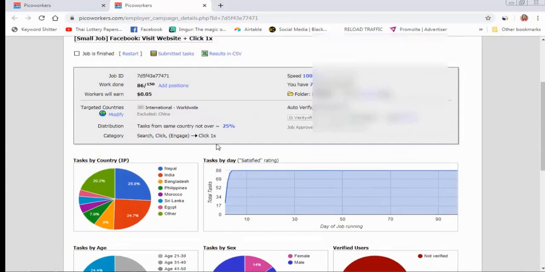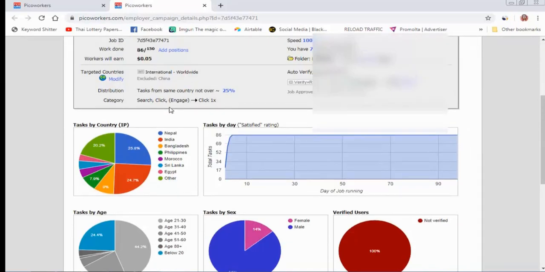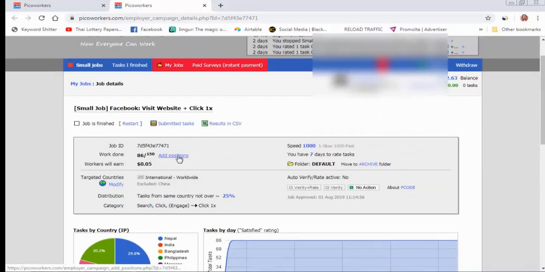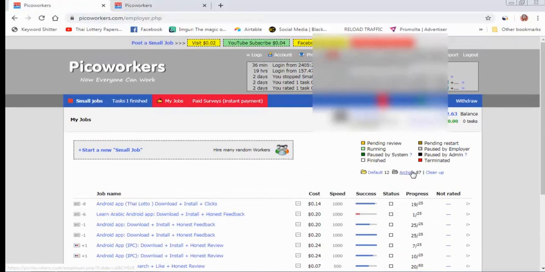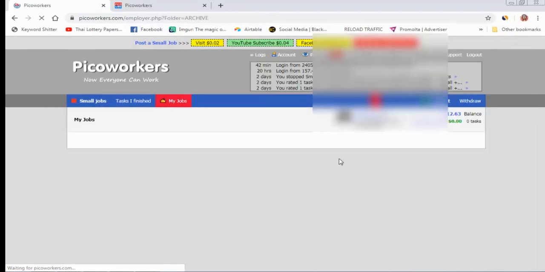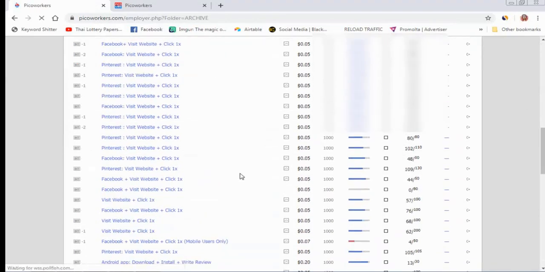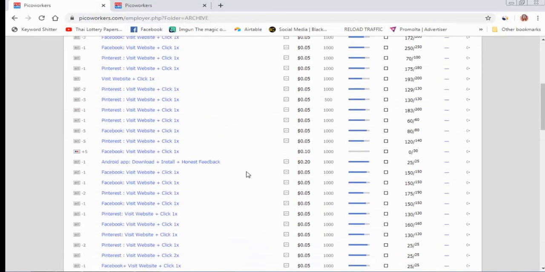So these are my last campaigns, and here if you add some new positions, new people come to your campaign and new people go to your website, and daily you will get new clicks from new IP addresses, and those clicks will be accepted on your Google AdSense account. I have run 100 plus campaigns here. You can check.